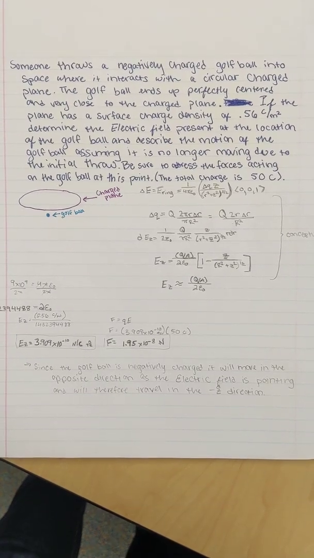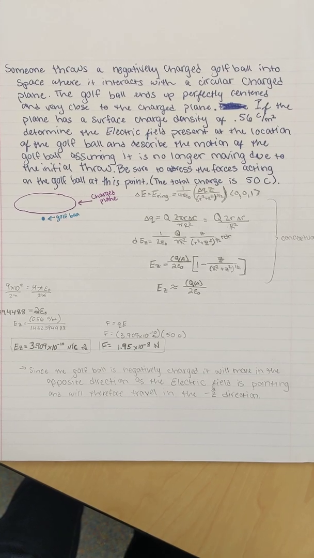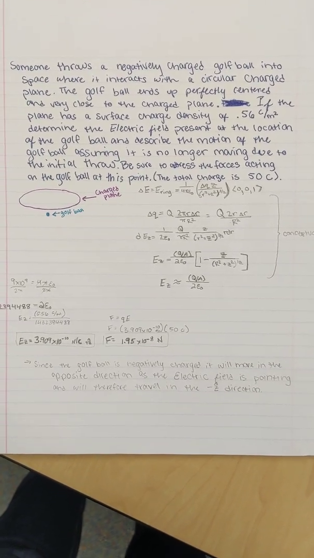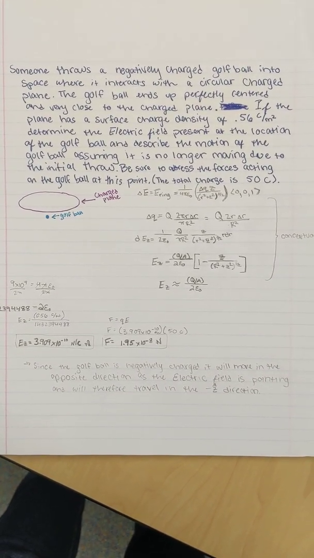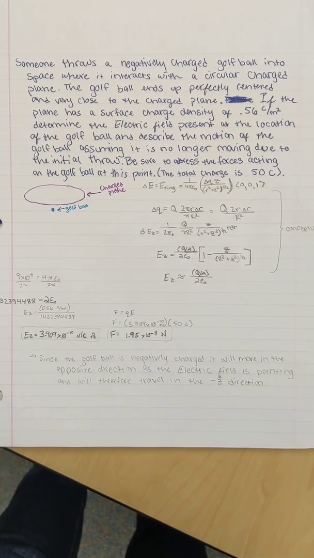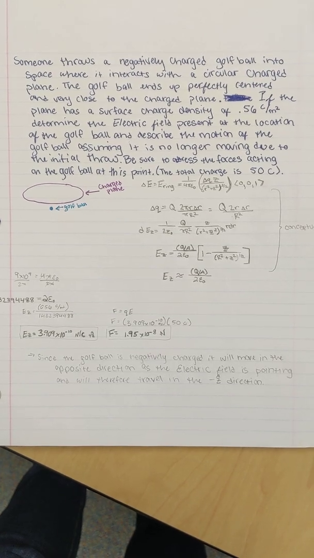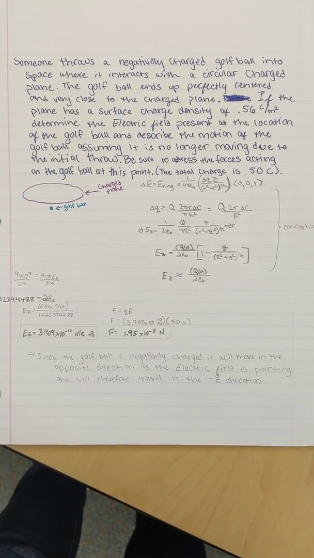Someone throws a negatively charged golf ball into space where it interacts with a circular charged plane. The golf ball ends up perfectly centered and very close to the charged plane. If the plane has a surface charge density of 0.56 coulombs per meter squared, determine the electric field present at the location of the golf ball and describe the motion of the golf ball assuming it is no longer moving